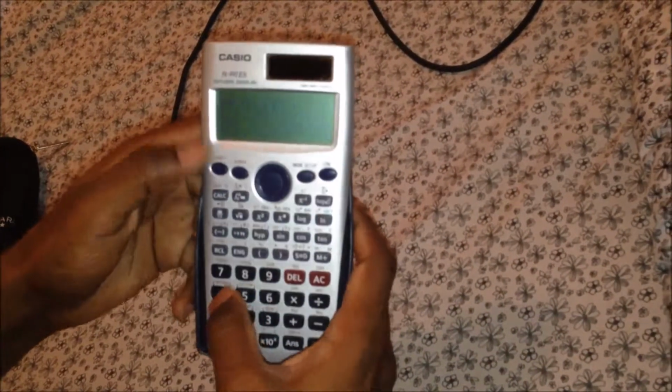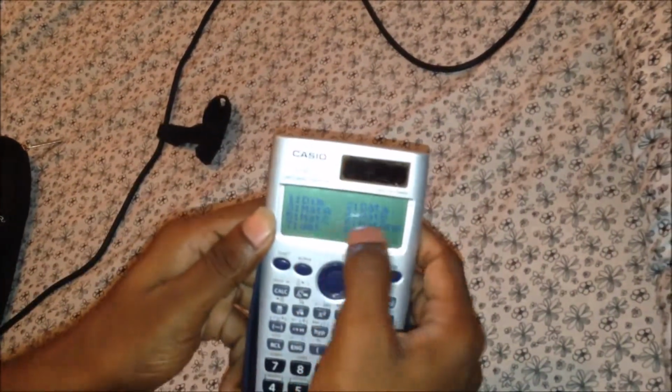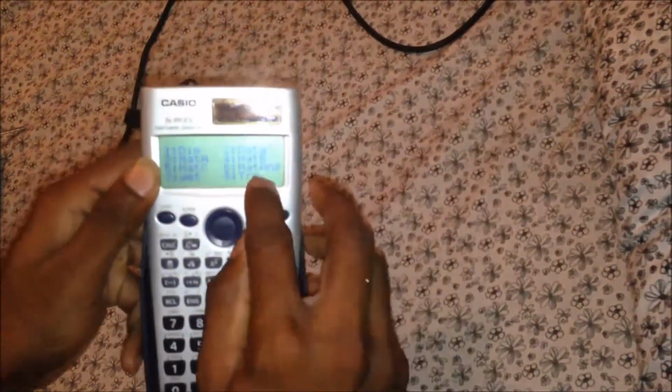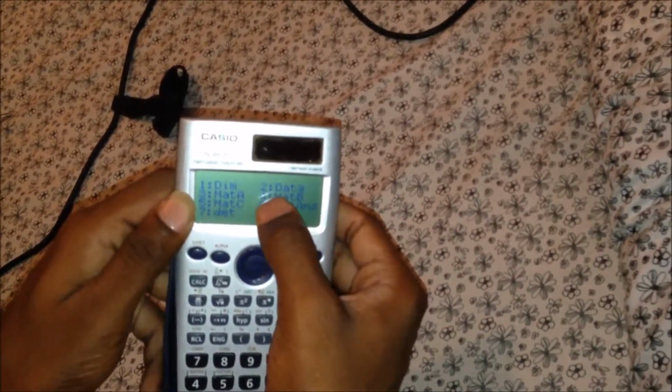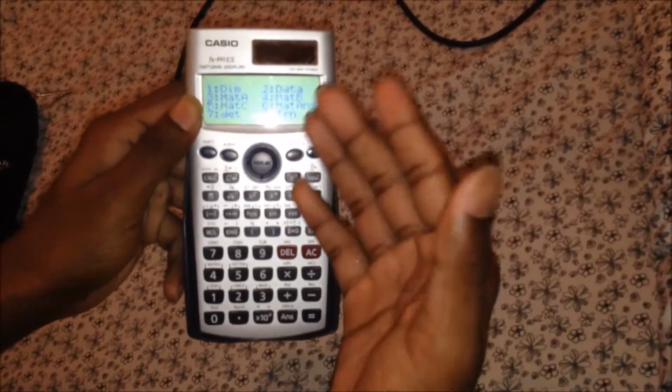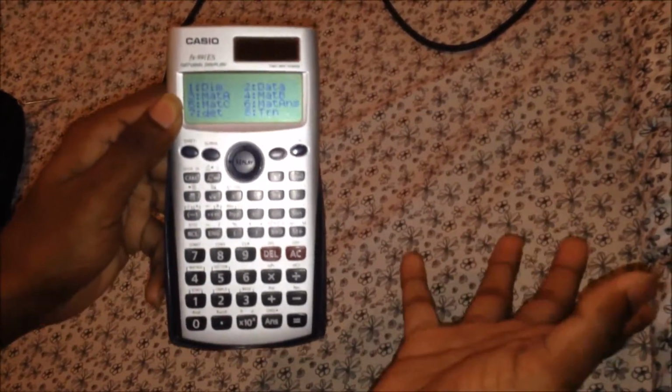And in shift matrix, if you want to fill matrix B or anything, you have to select data, and fill in the elements of that matrix. Then we can do operations like mat A into mat B into mat C, or matrix inverse, or anything.